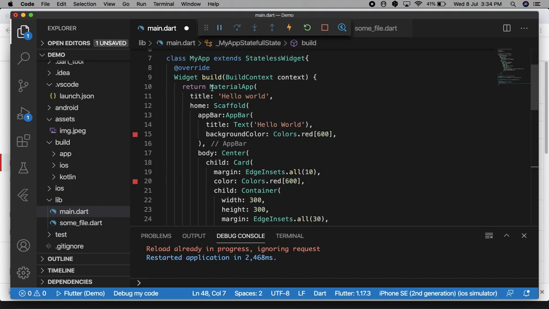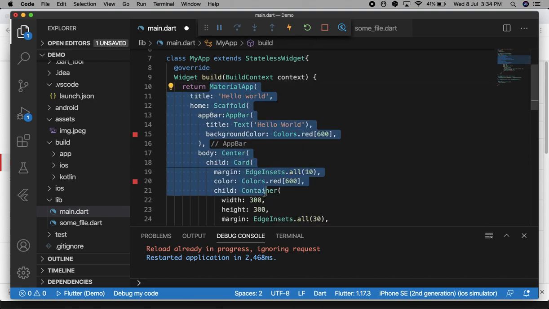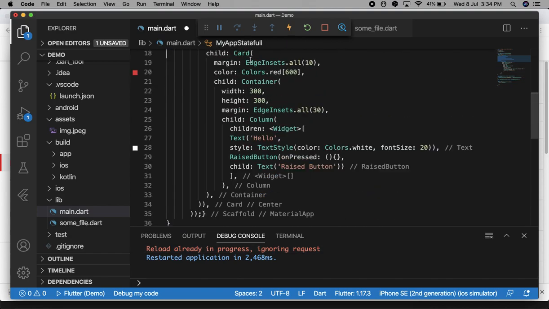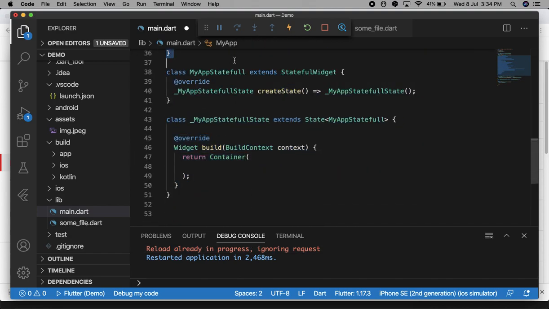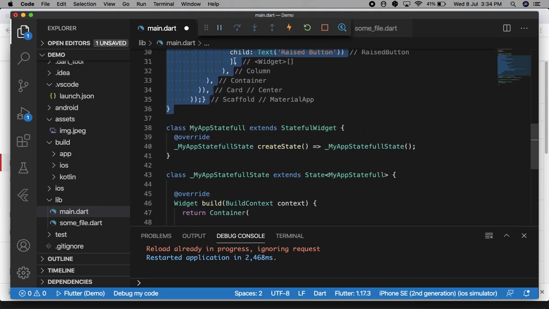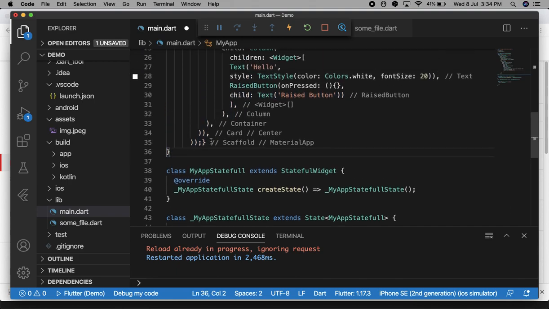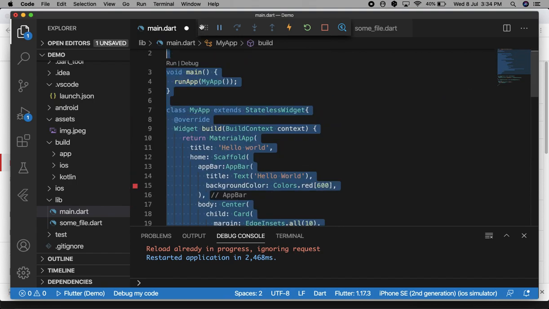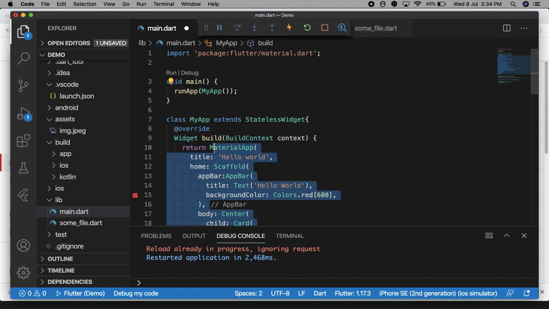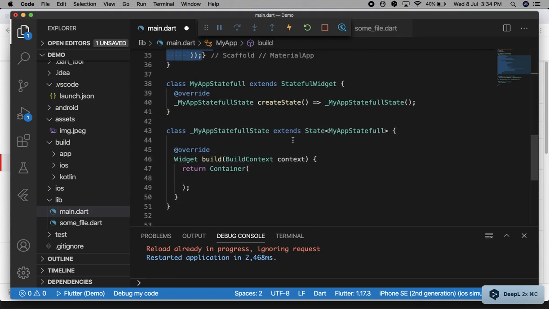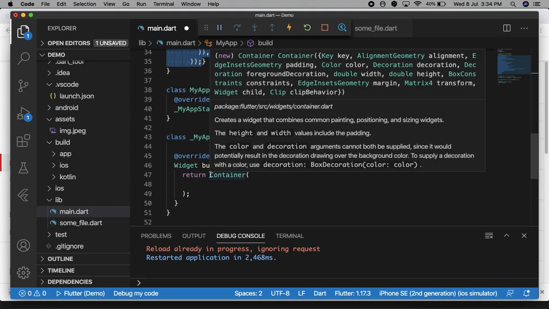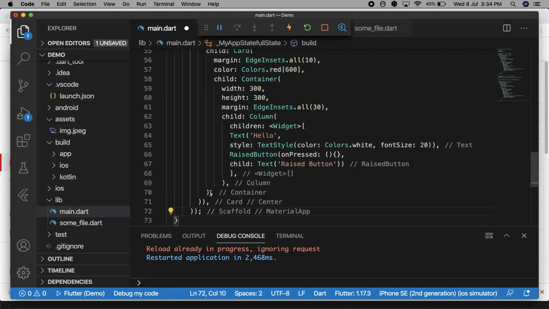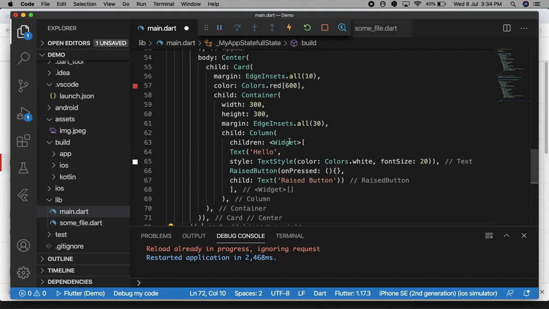I'm taking this material theme from here to scaffold, this is scaffold, from here to here, and I'm using the same in the stateful widget.